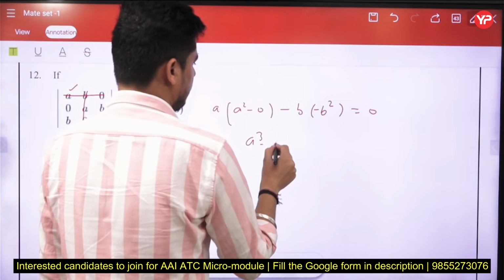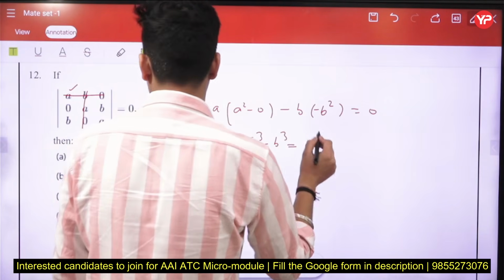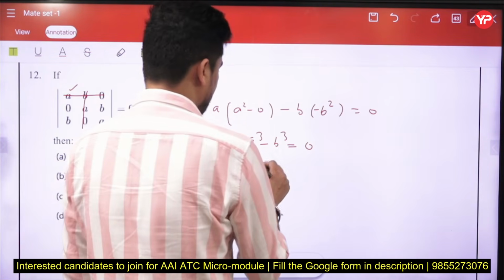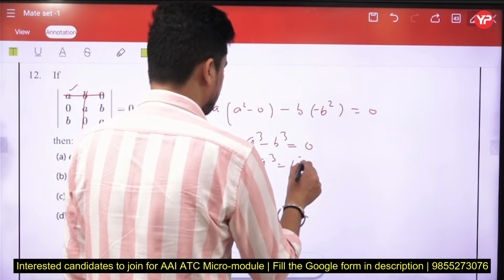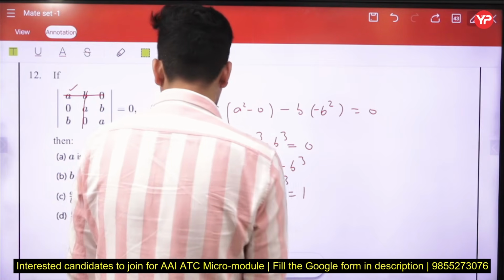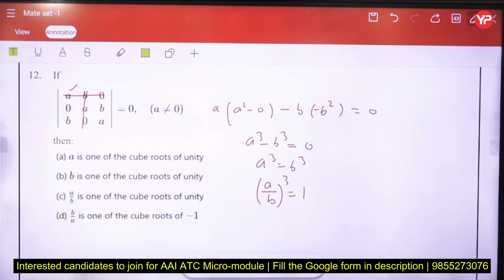So A cube minus B cube equals 0. B is one of the cube roots of unity, right? So what we can say here, A cube is equal to what? B cube. So A by B whole cube equals 1. So A by B is one of the cube roots of unity. So what will be the answer? I think the answer of this question is